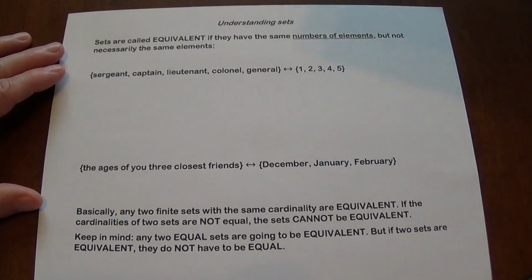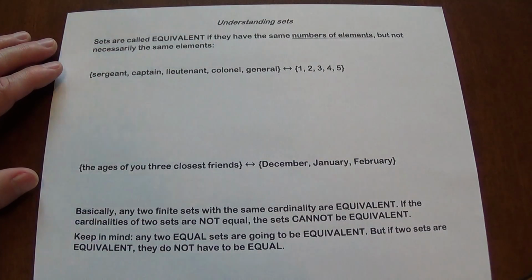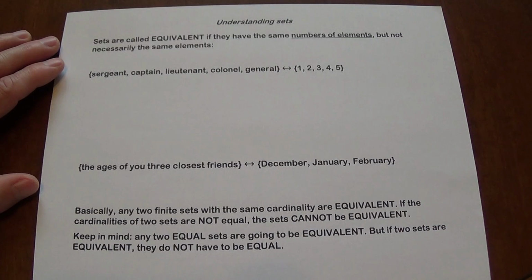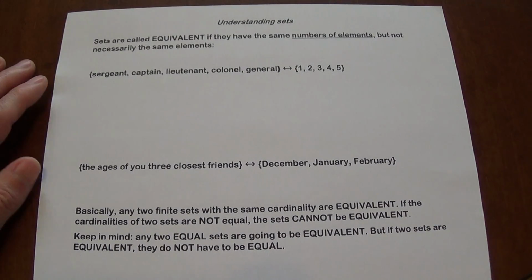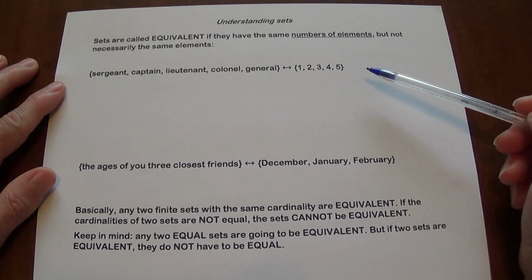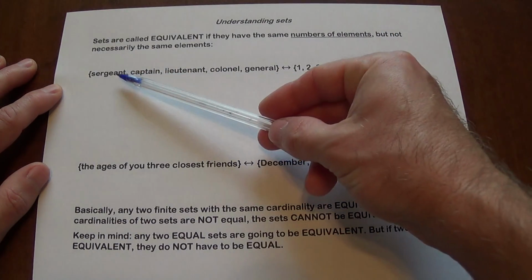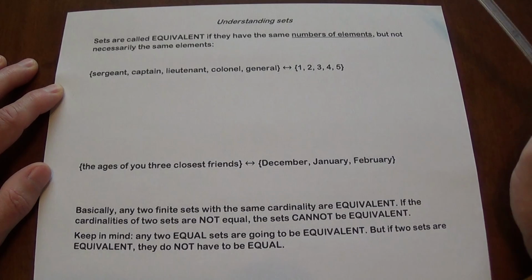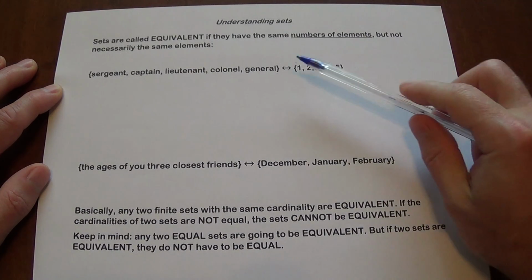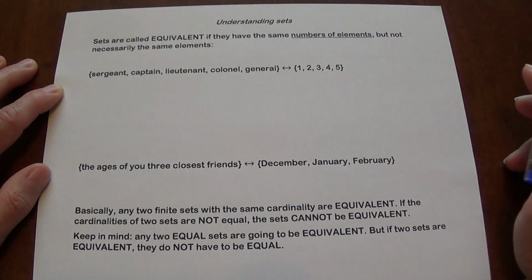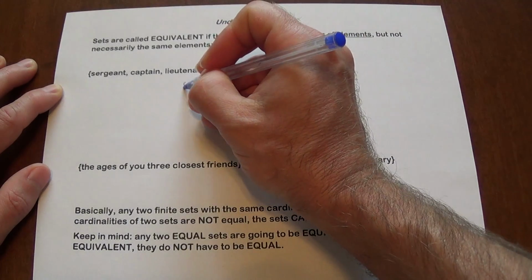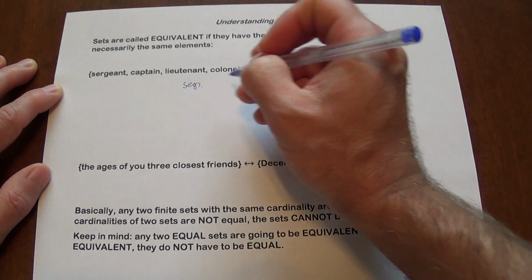And one other thing is what's equivalent. When are sets equivalent? They need to have the same number of elements, but they do not have to have the same elements. So these two sets here, Sergeant, Captain, Lieutenant, Colonel, and General, is equivalent to the set 1, 2, 3, 4, 5, believe it or not. Why? Because we can